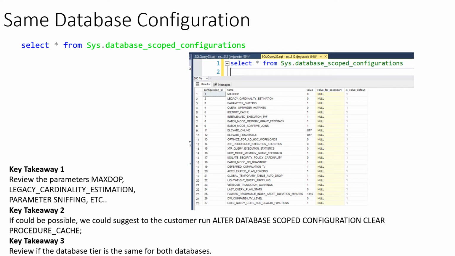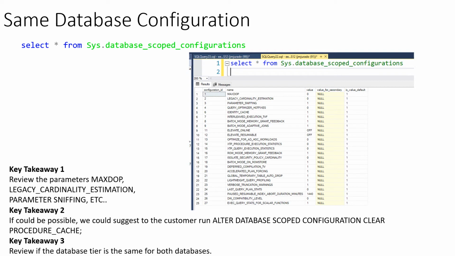But if possible, it will be great in order to start with the same state. If that is not possible and you need to do it, one thing that we could suggest is to use, at the end of the query, the option with recompile, or for example the option with MAXDOP, etc. We have some hints that make it possible, without changing the configuration of the database,